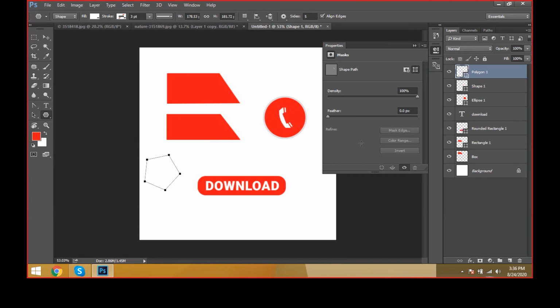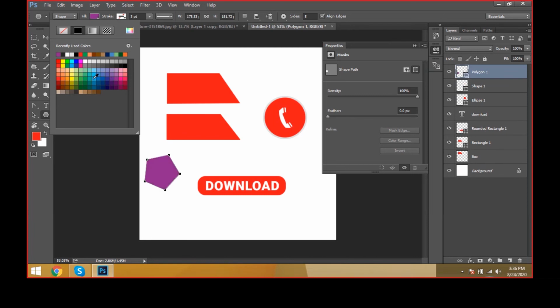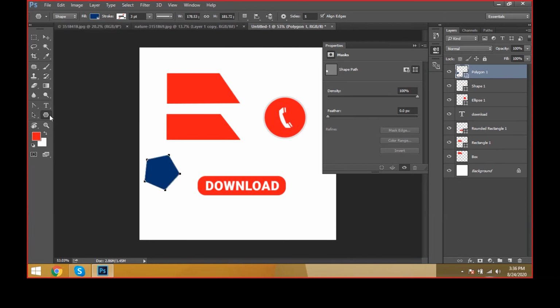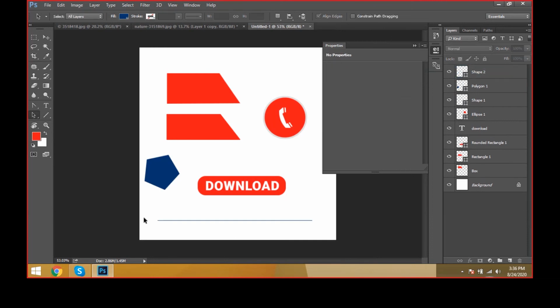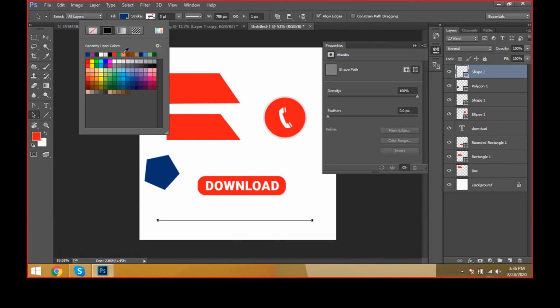You can create polygons using the shape palette, and the color will be filled automatically. Come here to line. If the line is not coming straight, hold Shift, then it will come straight. See the color, select it, and you can change the color.